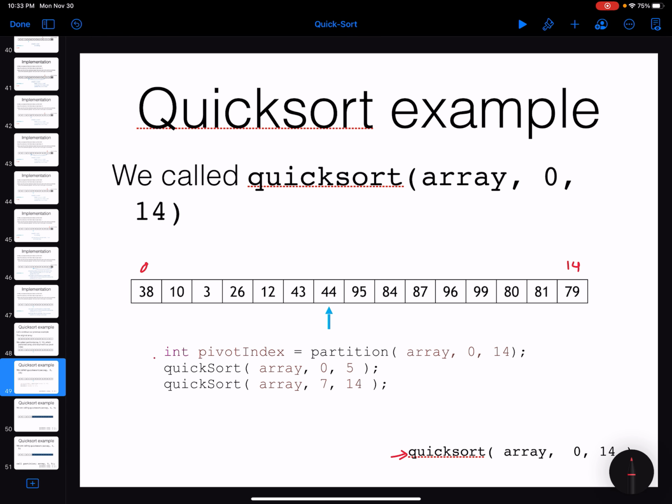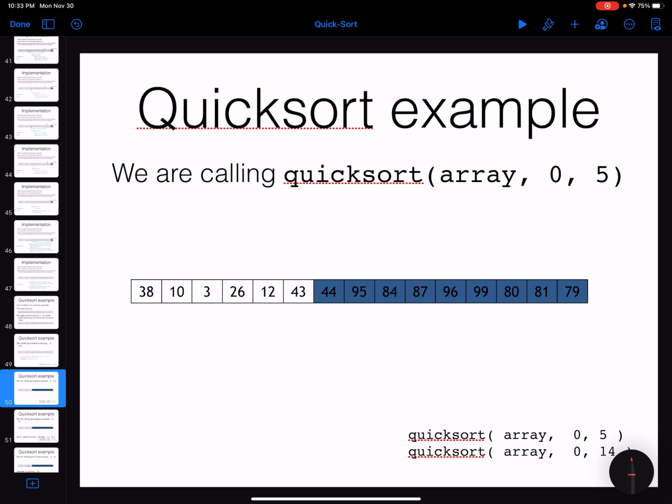It will call the quicksort from index low, which is 0, to pivot index - 1, and then it will call the quicksort on the right side of it, from index 7 to index 14. So be careful whenever you are calling the method partition. For example, if you call the method partition over this part, you start from low to high. What is high? What I explained there was over the original array. You should be careful that you should stick to these indexes